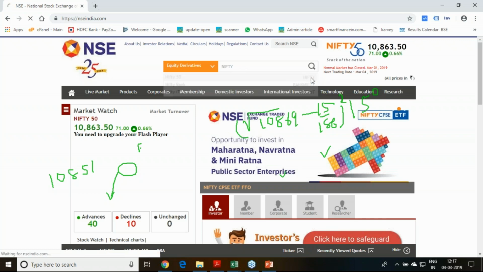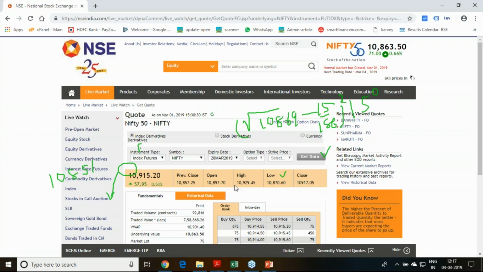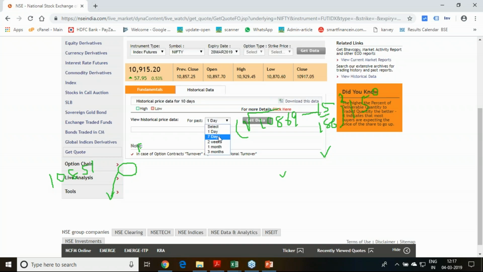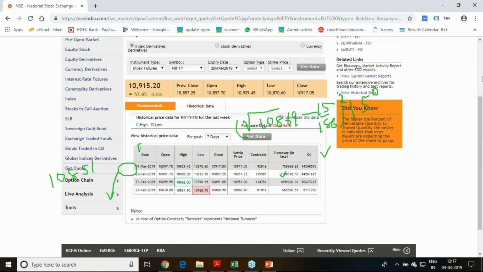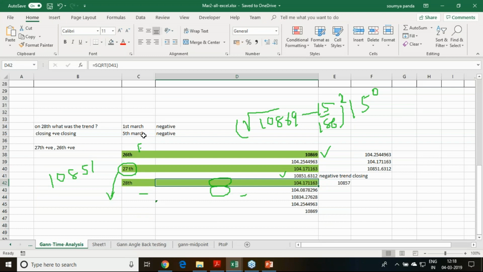Here I have gone to the Nifty and found the historic data tab, and I am going for a 7-day period. It shows here 26th February, 10,869, which is the closing price. And here is the 27th, 10,851. And 28th, it was just 6.25 points up. It has closed at 10,857.25. So if I go with the closings, then I will say that it is a positive closing, and